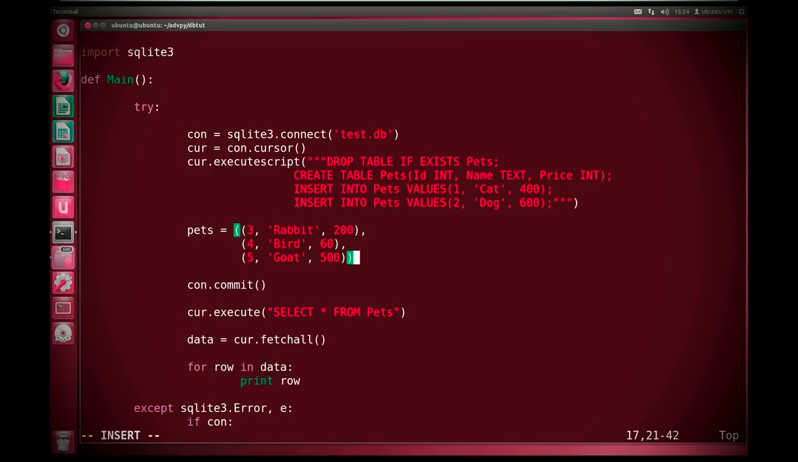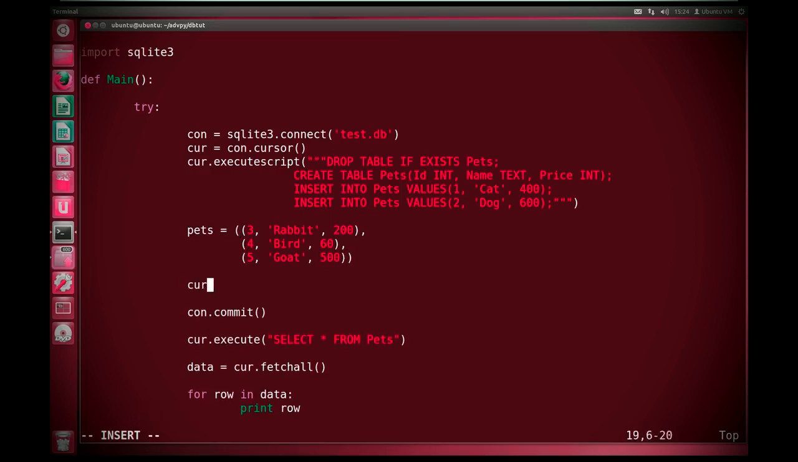Now we've got a tuple of data, we can use the cur.executemany method, which takes a template SQL, so we can use insert into pets values, and then inside our values brackets we can do question mark for the first placeholder, comma, question mark for the second placeholder, and question mark again for the third placeholder, and we can close that template off. Then as a second parameter we can pass in pets, and this will execute many statements using all of the values in pets. And now we can commit, and we'll select all, and we'll fetch all, and then we'll print